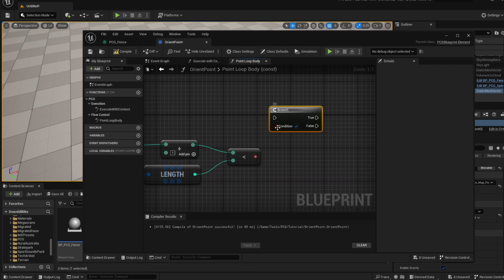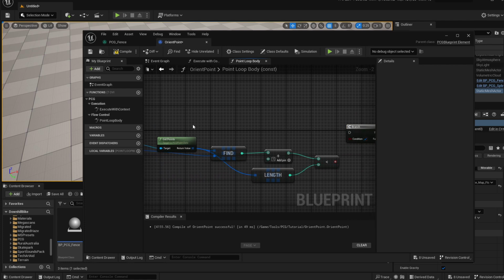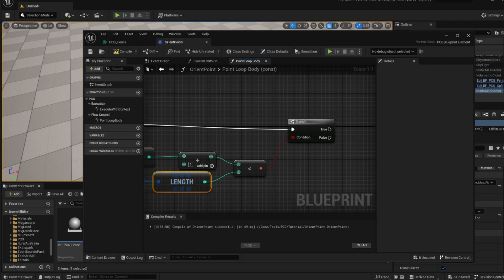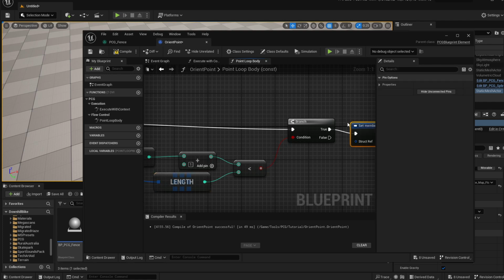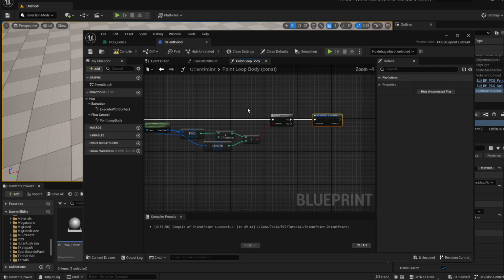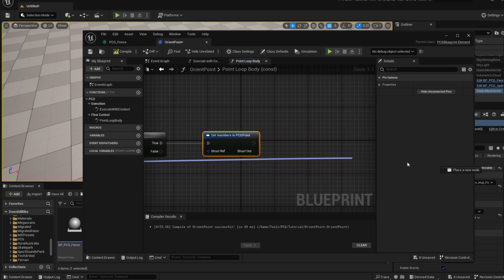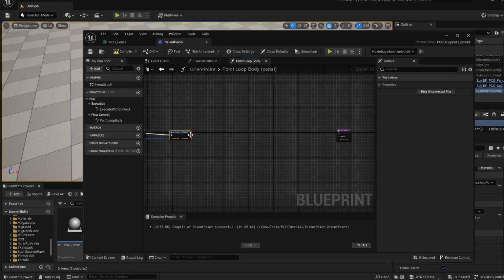So let's create a branch node by holding B and clicking into the graph. Connect this branch. And the condition will be if we are not exceeding the length of our array. And what we'll do is we'll set members in PCG point. The PCG point that we'll need to set the members are the current point that we're executing. And after this we'll return